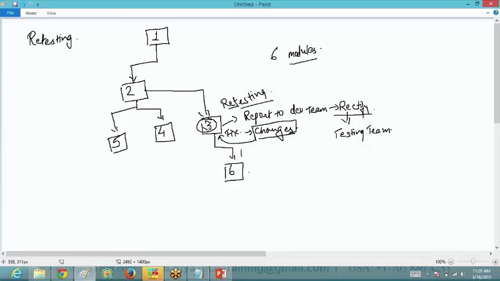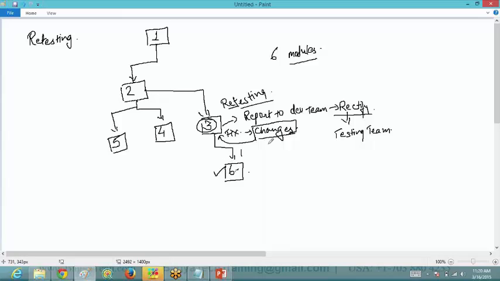Over here the dependent module for the third is the sixth one, right? The sixth is getting its flow from the third module. Previously the sixth module was working fine, but once the changes are done in the third module, you need to check that the dependent module is also working fine as it was previously. Why do you need to check the sixth one again?